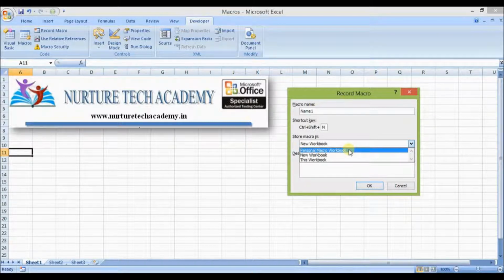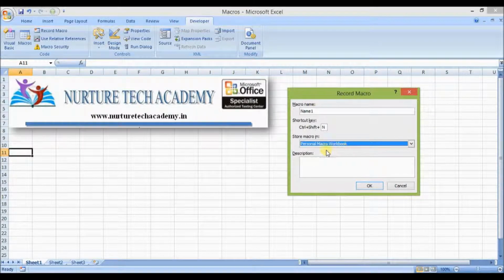This is really very important. It's a macro workbook which is always available on your system, but it is a hidden file. It means we cannot see this file. And I told you that if you want to run a macro, that particular workbook which contains the macro should be open at that particular time. So the hassle of opening a particular workbook again and again, if you want to run the macro which is stored in that workbook, we can reduce by using a personal macro workbook.